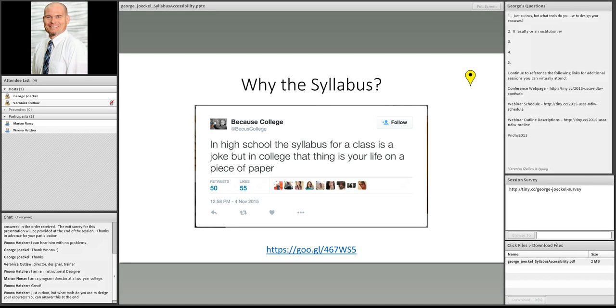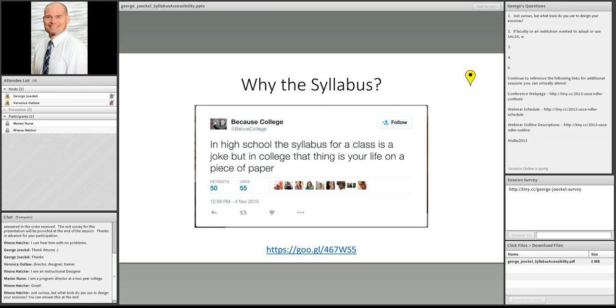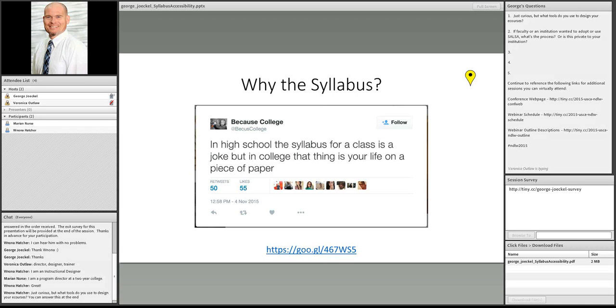And those initiatives are great. They're huge, they're massive efforts. One of the reasons why I think the syllabus is a great place to start is it's something that you can get your hands around. I think that schools that have a vision and a goal of having every one of their syllabi in an accessible format can achieve that.